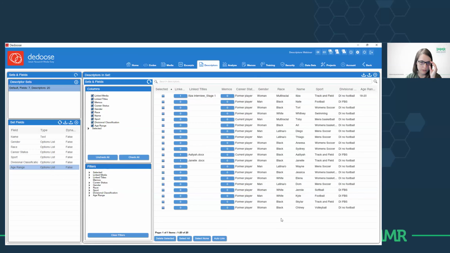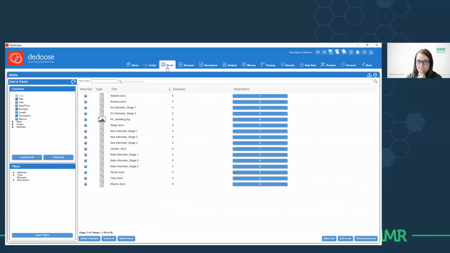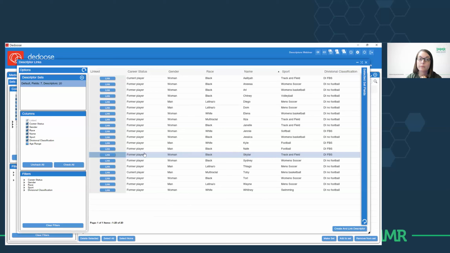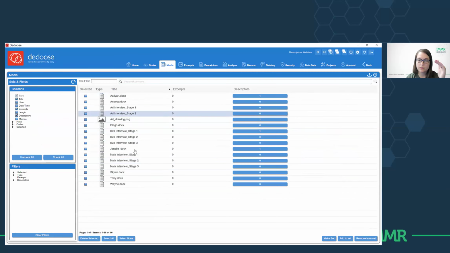And then there was a question in the chat for how do I link, I believe it was an image, to a profile. So I would go to that piece of data in your media workspace, hit the descriptors under 0, and then choose what descriptor profile it should be attributed to. So here I can link it to Ari's profile. And you can do that for as many data sources that pertain to Ari. Again, that's not related to dynamic descriptors.